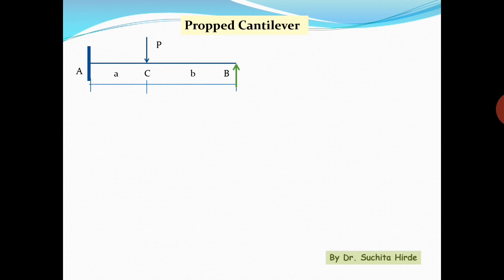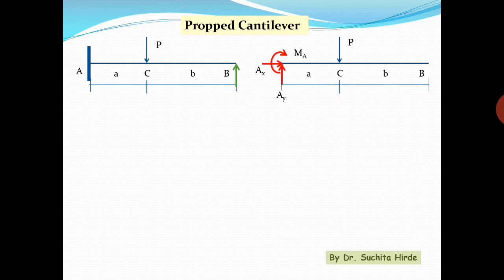Now we will see how to calculate these reactions. Now we will apply equilibrium conditions to this. So for that, first of all, we have to draw the free body diagram. That means we will separate the structure from the support. So if you separate the structure from supports, it will look like this. Now we will apply the support reactions to this sketch. So at A there are 3 reactions, Ax, Ay and MA. And at B, since there is a prop, it cannot move downward and therefore there is vertical reaction at B. So total reactions are 4. Now we will apply equilibrium conditions to calculate these reactions.